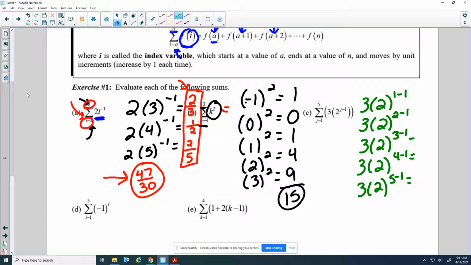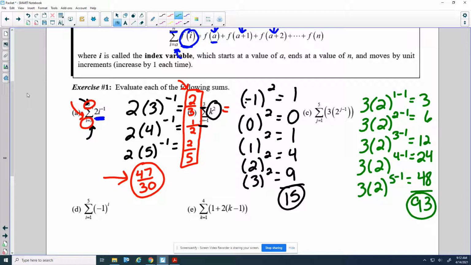And up to 5. So we'll get each of these answers and then we'll add them together. So remember, we want to still follow PEMDAS. We're not going to do 3 times 2. We're going to do 2 to the 0, for example, on the first one first, and then multiply by 3. So my answers I get are 3, 6, 12, 24, and 48. And those add up to